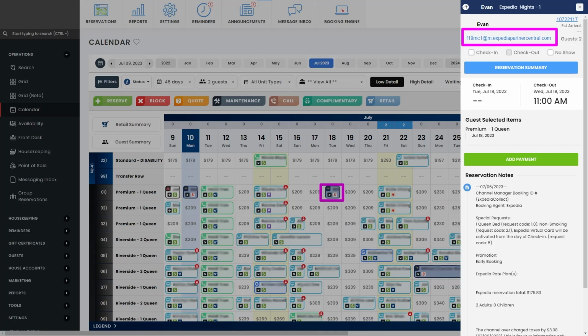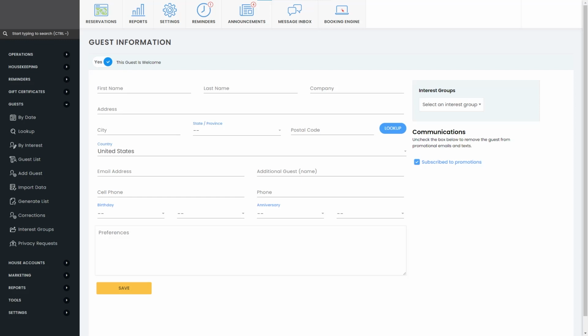So, when Evan arrives to check in, you ask him for that information so he can receive special offers and promotions. And while you're at it, maybe you ask for his date of birth. Then, you simply add Evan's guest information into the system, and you can send him promotional emails, which he can of course opt out of at any time, which is probably why you don't want to send them too frequently. You want to be strategic about what emails you send out to whom and when. Then, you do what you do best and make sure that Evan has a very pleasant stay at your property, so he'll be excited to come stay with you again in the future.